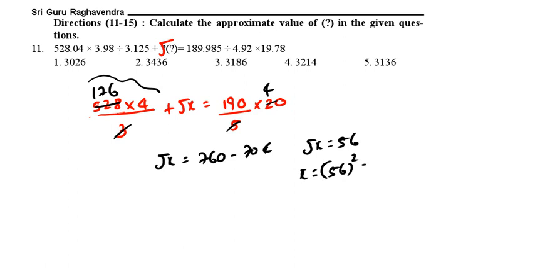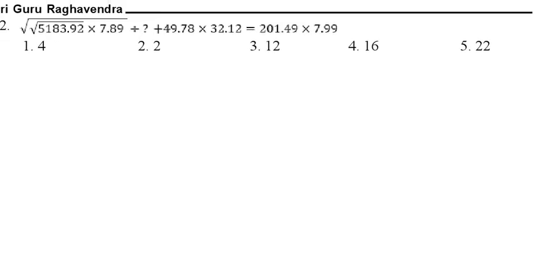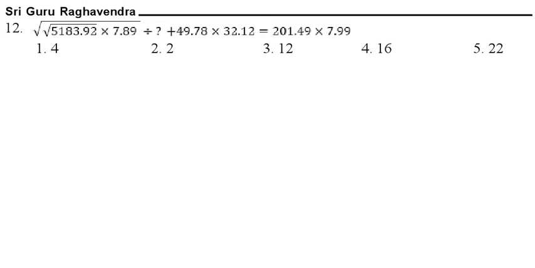Total boys in Rajasthan are 6.825 lakhs and total passed students in Rajasthan are 70% of the total appeared students of that board. If average number of students appeared in Rajasthan from each school are 750, then find the number of schools in Rajasthan board. Now see this question. Total boys in Rajasthan pass, that is 65%, is equal to 6.825. So what is given? 65% is equal to 6.825.